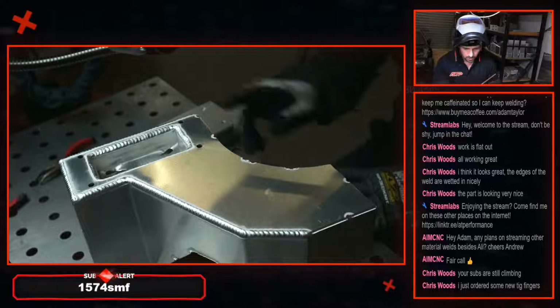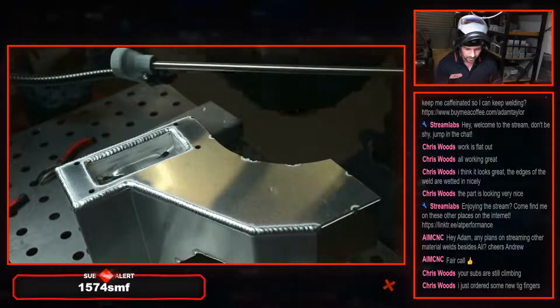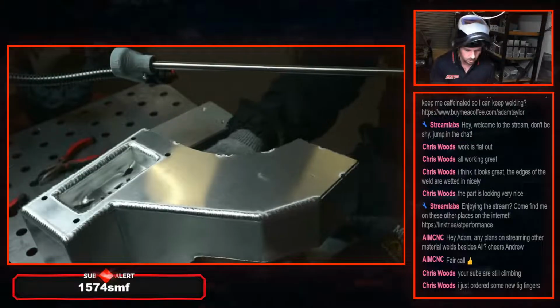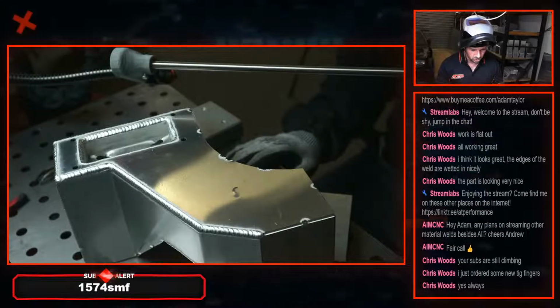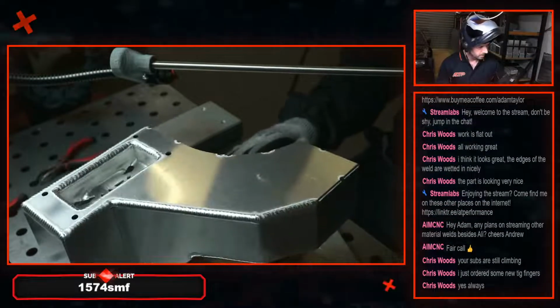Tack, weld. Yeah, I definitely don't think it's worth doing it in 2 bites. It's just a bit of a shitty angle as it comes around, but